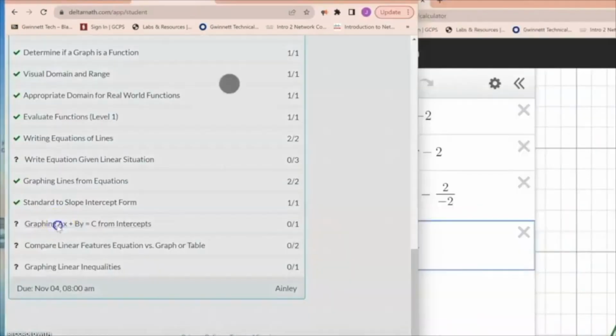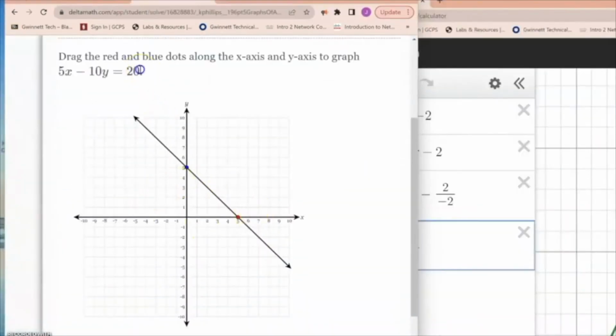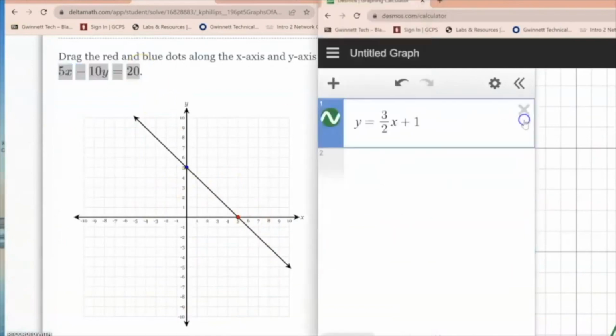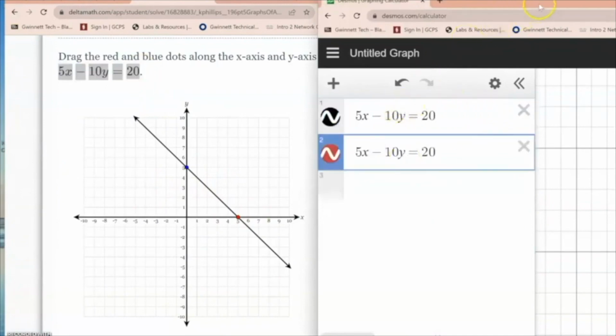All right. Here on graphing by intercepts. All right, intercepts. You know, for intercepts, you copy the question down how many times? 2 times. So I'm going to do my work on Desmos just so I can show you. So you copy the question 2 times, right? Then